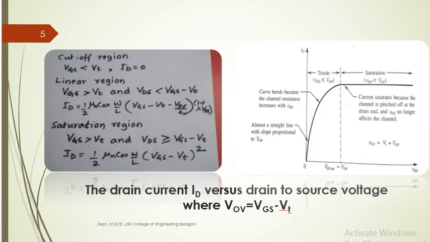So when VGS is less than VT, current will be zero, whatever the value of VDS, since the channel is not formed. When the gate voltage applied is greater than threshold, the current now depends on VDS. For VDS greater than 0 and less than VOV, or VGS minus VT, before saturation, up to this point, as VDS increases, current is also increasing.